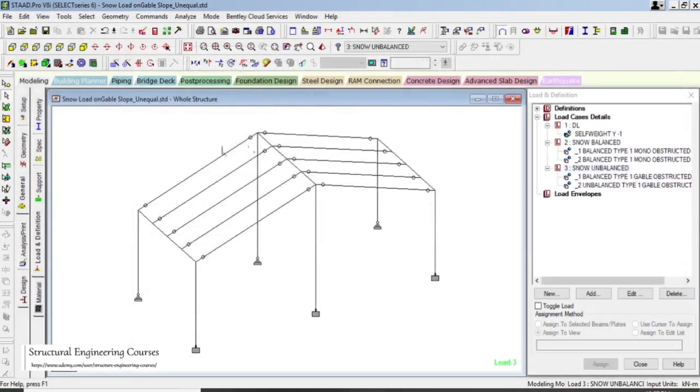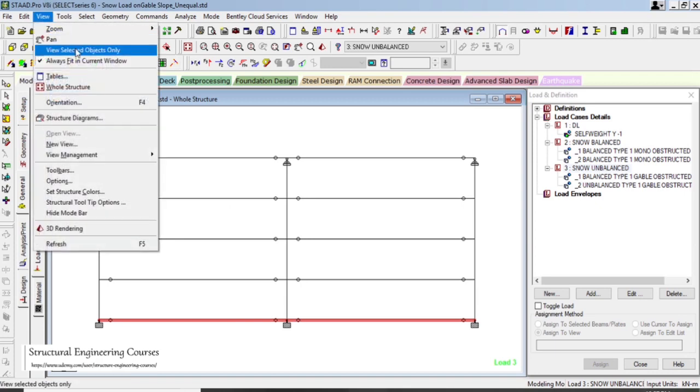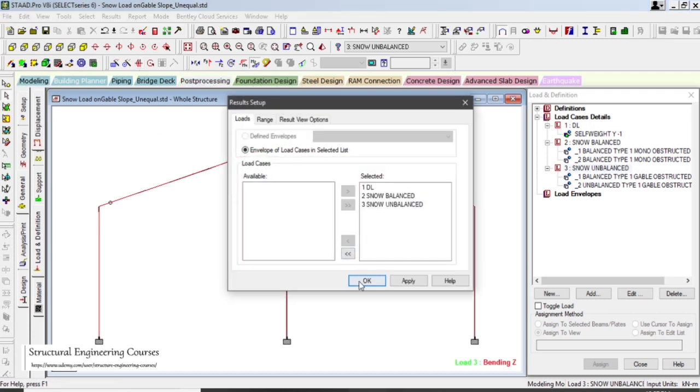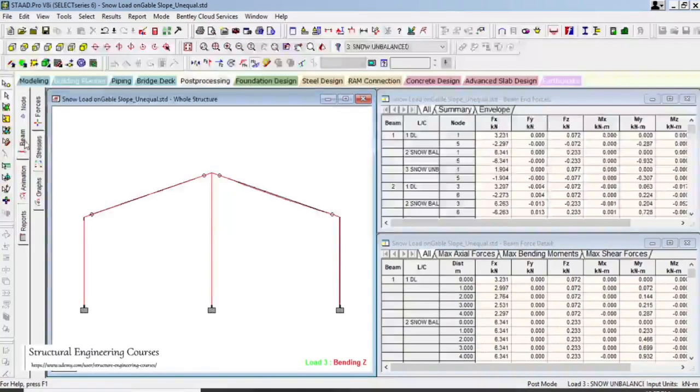So we can also select the plane here, go to view and select objects only, go to view from +Z, and then we can select the bending moments also here, that is bending Z moment. And then we can go to post processing, left click on OK here. We can select beam here